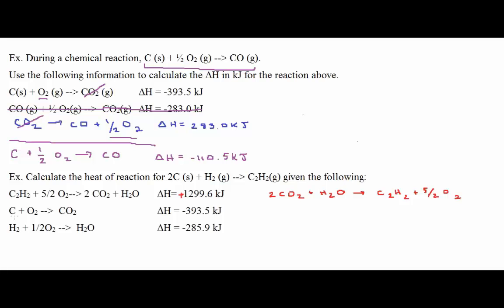It is currently on the reactant side. However, there's only 1 carbon, and there are no other carbons here that I can add together to get it to be 2. So I'm going to have to take this entire reaction and multiply by 2, which means I'm going to have to multiply this by 2 as well. So I would write the reaction as 2 carbons plus 2 moles of oxygen produce 2 moles of carbon dioxide, and my new change in enthalpy is going to be negative 787.0